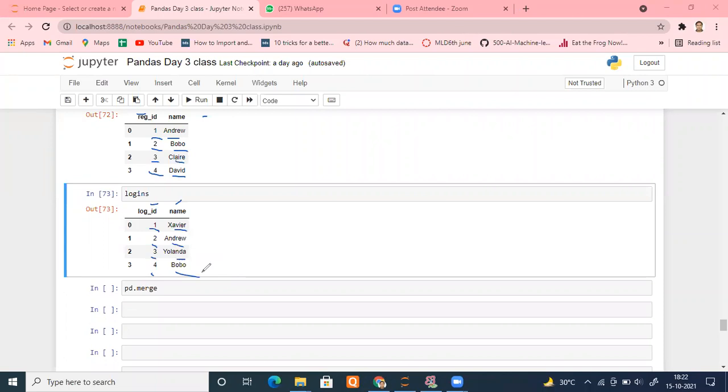Name, sir. Okay, reason? Sir, in both the tables, it conveys unique entities. Here in the first table, each row contains unique entities like Andrew, Bobo. That is the same with the registration ID as well. But sir, here it is registration ID and there it is login ID, which is not the same. Name doesn't matter; name can be the same. We can put our registration ID here as well. That is a different issue. The issue is that they are conveying different meanings.